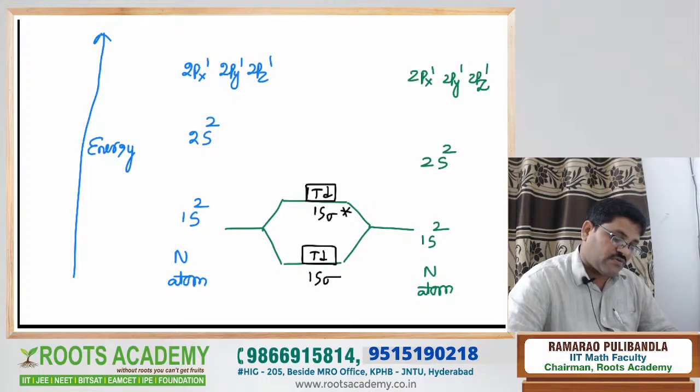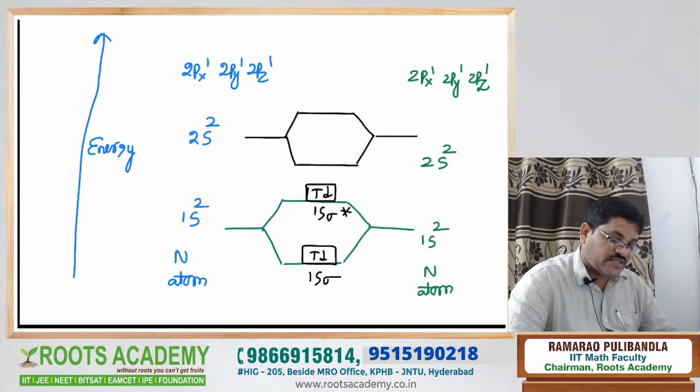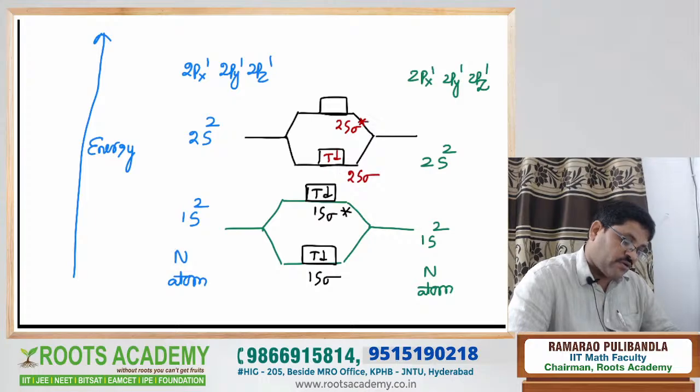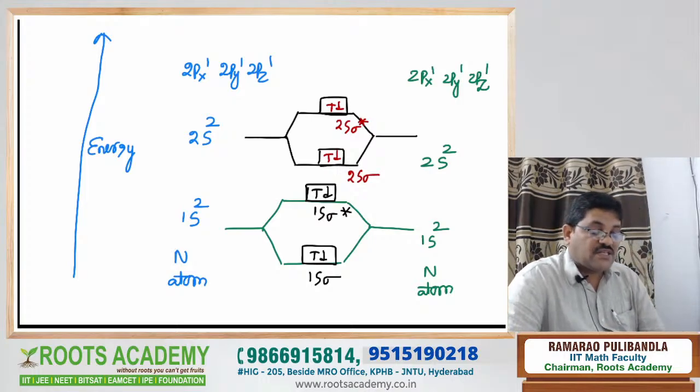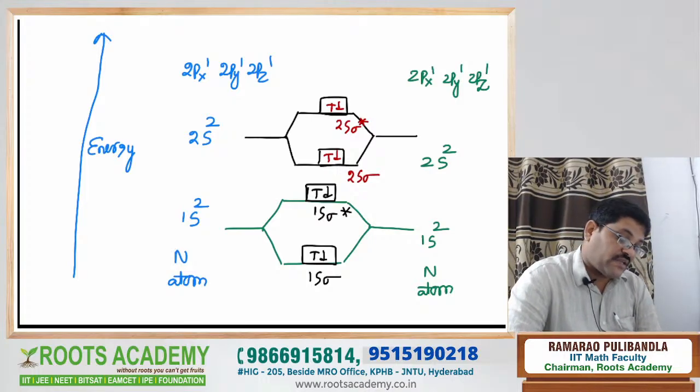Again, the 2s2 of the first atom combines with the 2s2 of the second atom, and again you get 2s sigma bonding and 2s sigma anti-bonding. Understand what I am saying? Now 2s sigma bonding has 2 electrons filled up, and 2s sigma anti-bonding again has 2 electrons filled up. Now 2px, 2py, 2pz, that means the p subshell having 3 atomic orbitals, combine among themselves,